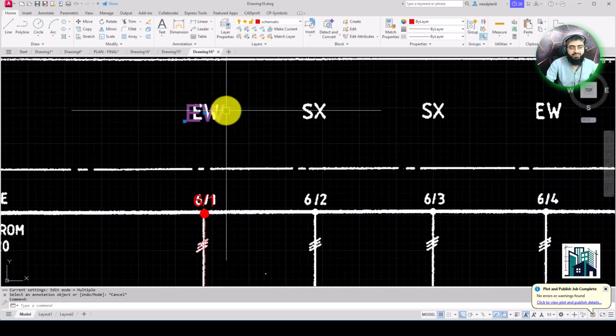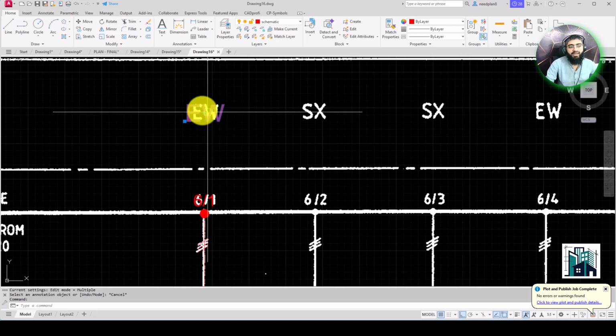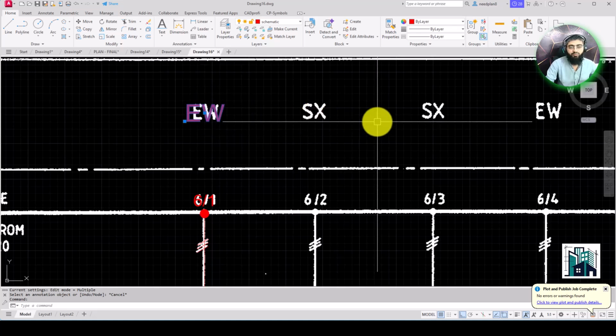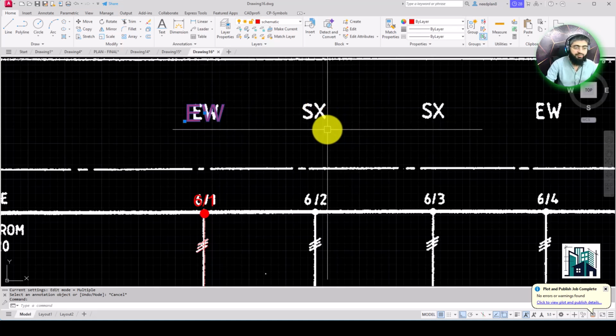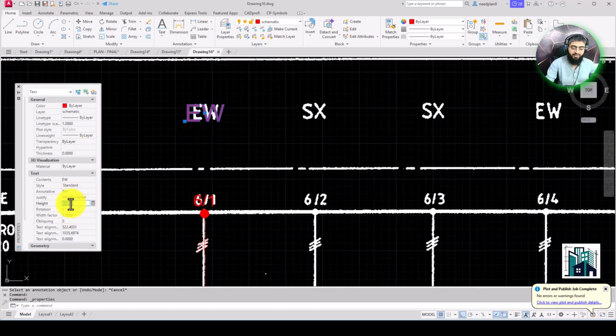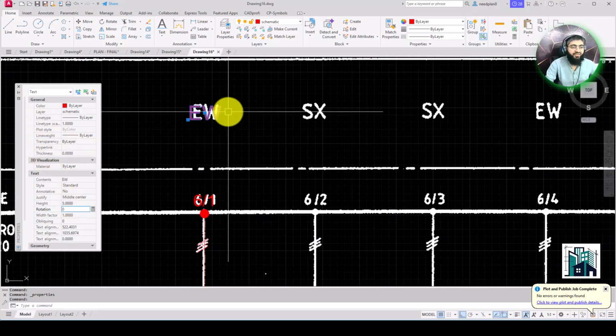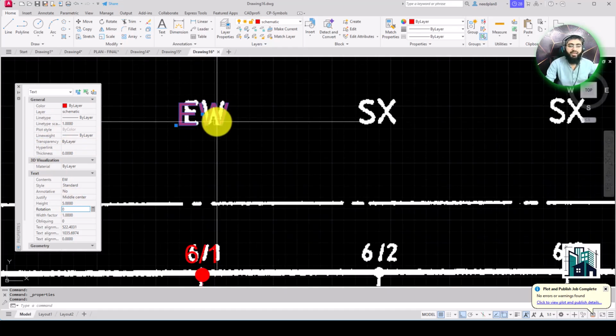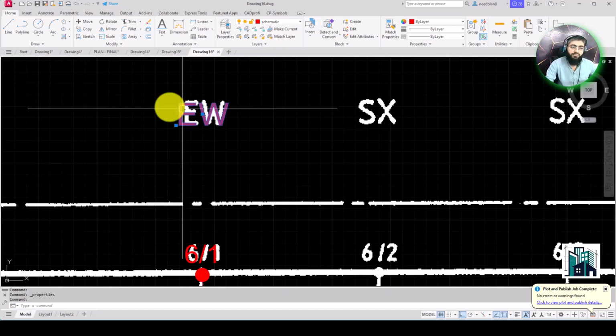If you see the height of this text is bigger than what you already have in your PDF, then you'll have to press Control plus 1 again and change it to 5. If the height 5 is the same height that you have, then that's okay.